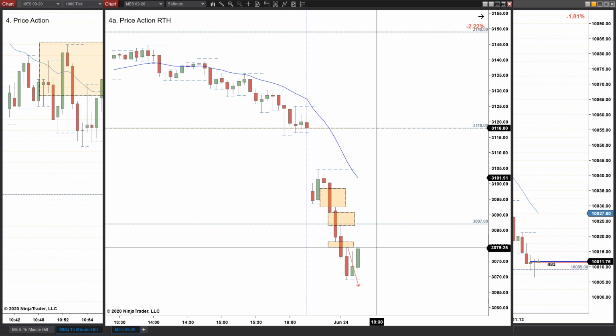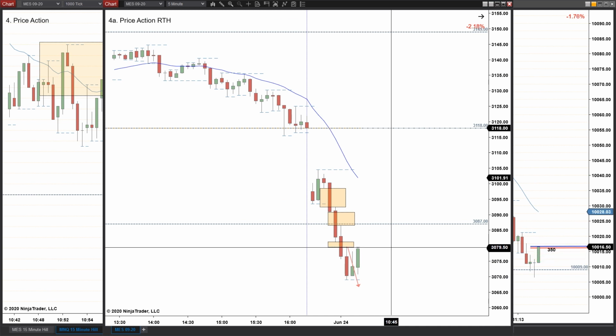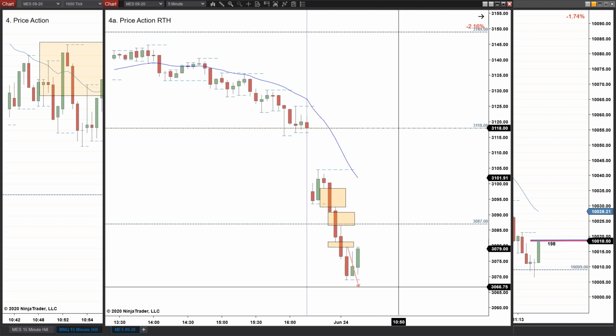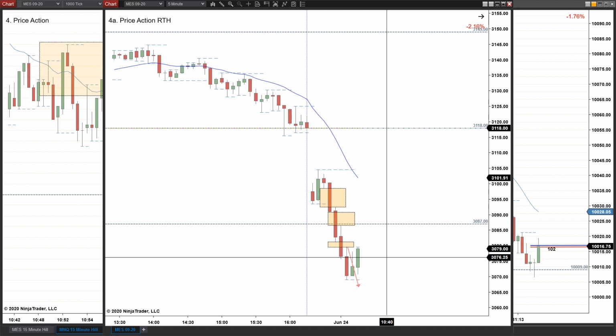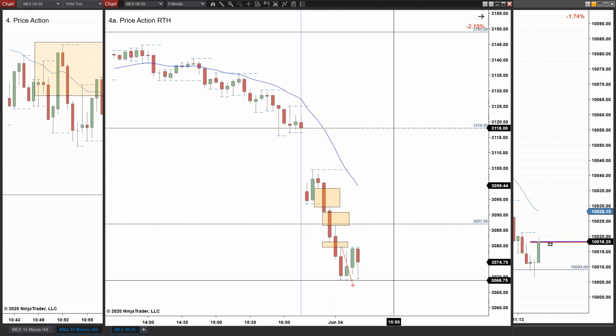However you want to approach it, there is an area of resistance here that's expected to push back a little bit. The gap is still open, right? We have a double top at the bottom of that gap at 79.50, so it's still open. Nothing's changed. The objective is still down to 66.75, or around there, give or take, but in that area.